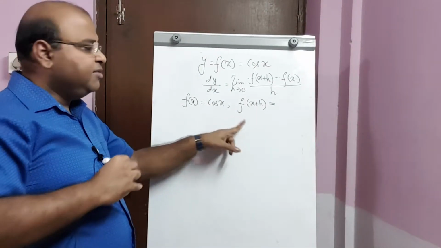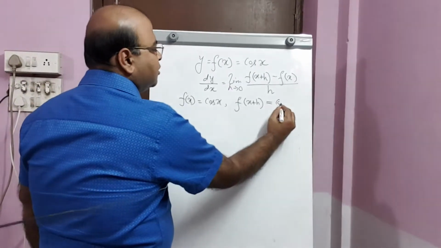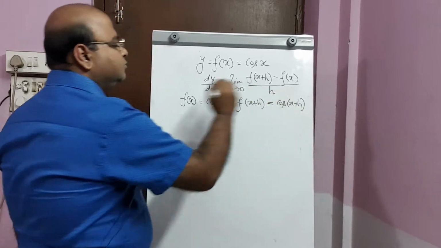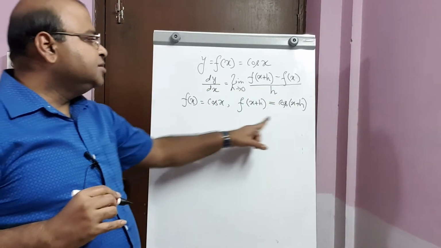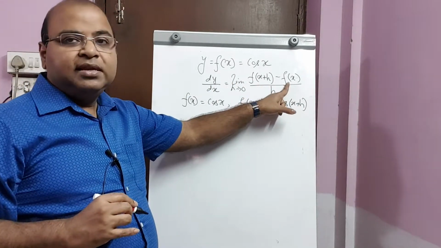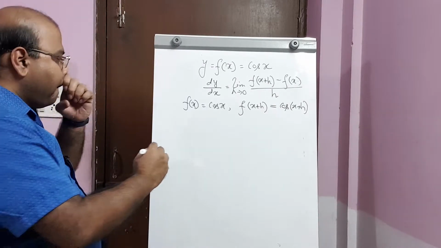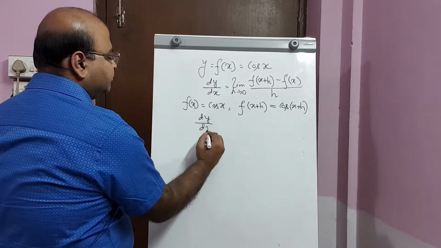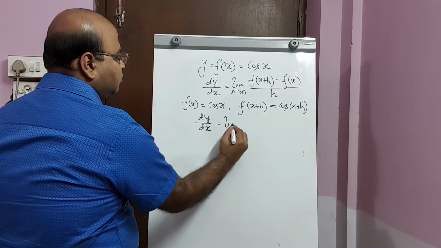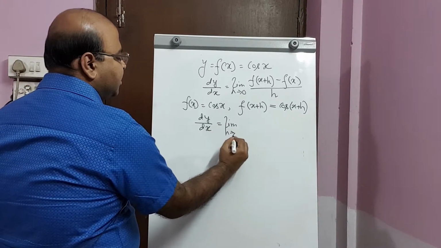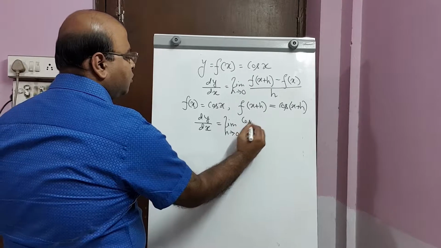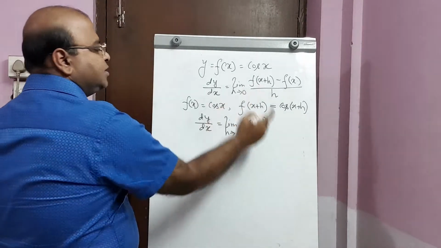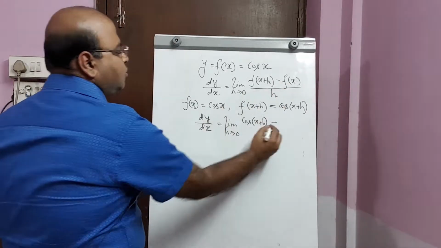So f(x plus h) is given by cos(x plus h), and substituting these values in the limiting definition, we thus have dy/dx is equal to limit h tending to 0 of cos(x plus h), that is f(x plus h), minus f(x), which is cos x,